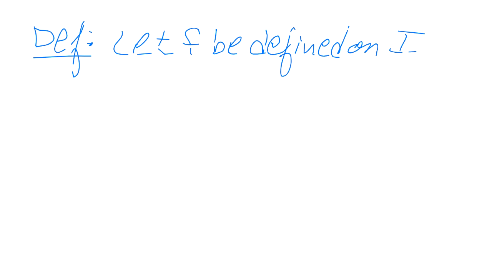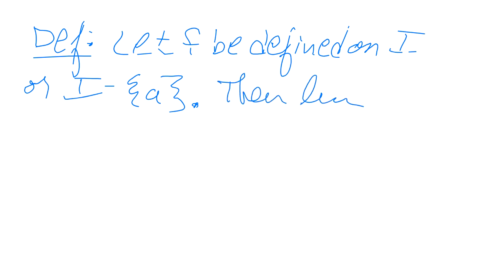Let f be defined on I or I minus A, so some open interval containing A except possibly A itself. That's the X value that we approach from both sides. Remember, the limit of a function is the height it approaches as X approaches A. So then we can say the limit as X approaches A of f of X exists and equals L